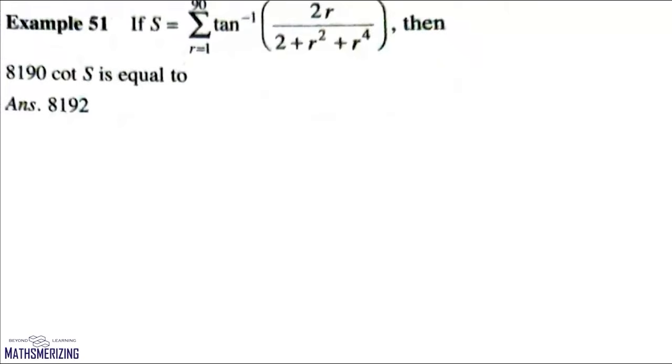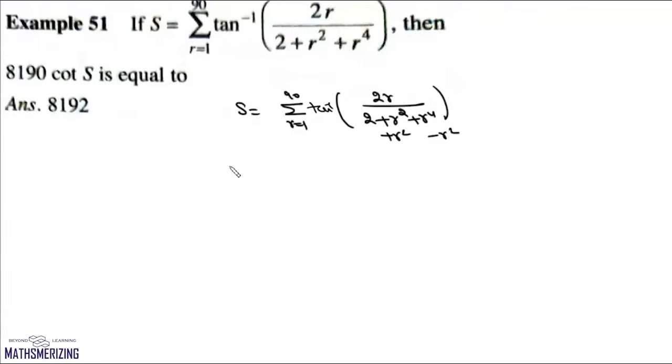Now let us take another problem, and it is this series S is summation r varies from 1 to 90 of 2r upon 2 plus r square plus r to the power 4. Now again we have to introduce a minus sign. Now here what we'll do is we'll add r square and we'll subtract r square. So we'll write this series as the summation r varies from 1 to 90 and it'll be 2r, and here we'll take this 1 and then 1 plus 2r square plus r to the power 4